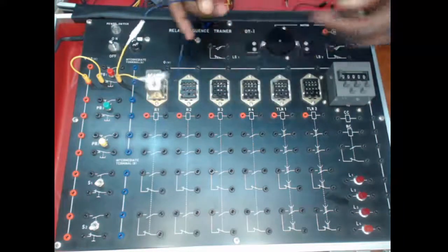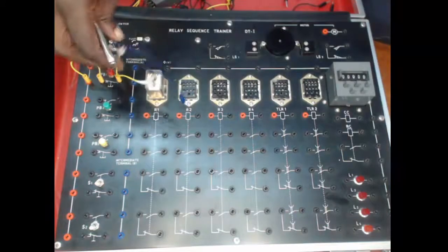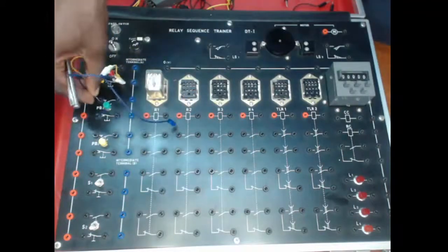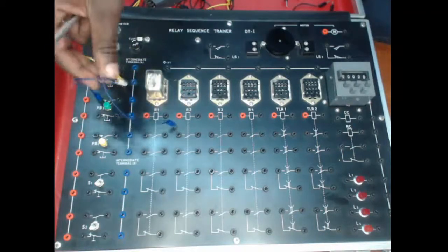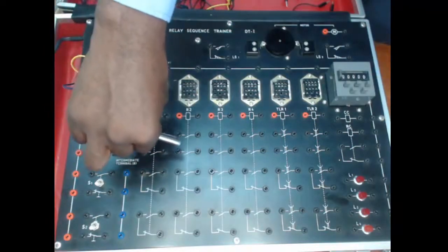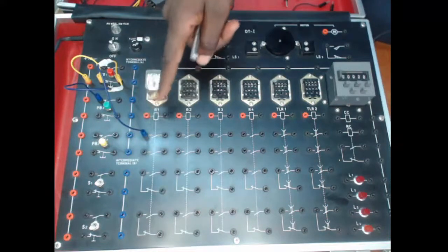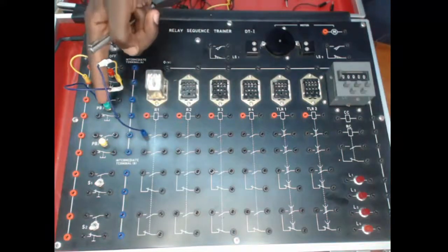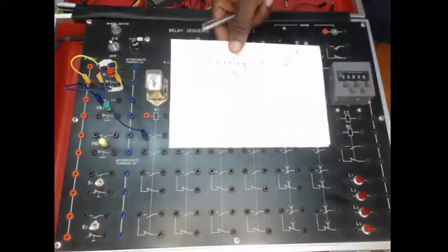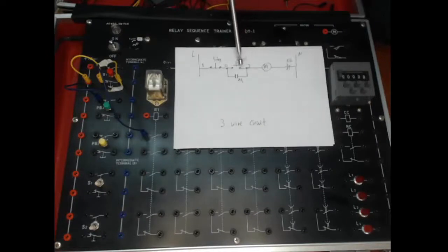going to the start button, the normally open side of the start button, and then one conductor is going to the holding on contact of the relay. Okay, and then from the other side of the start button, if I may put this circuit here, you can see we've got also